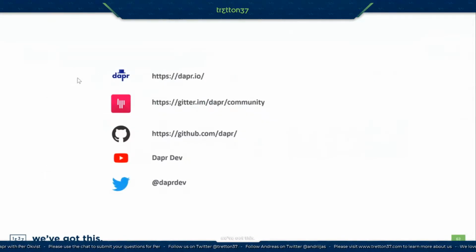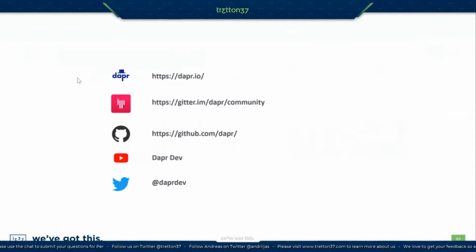So to find out more, go to Dapr.io or engage with the community through Gitter, and you could browse all the Dapr repositories, the samples, components, documentation, and things like that, and file issues and look at the roadmap through GitHub Dapr. And there are community calls.